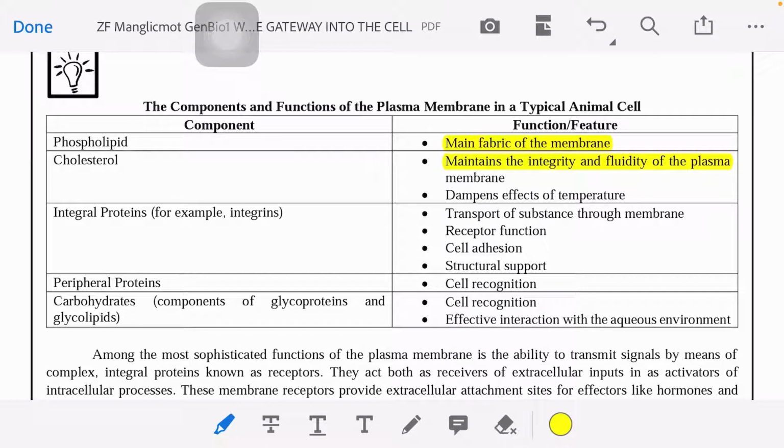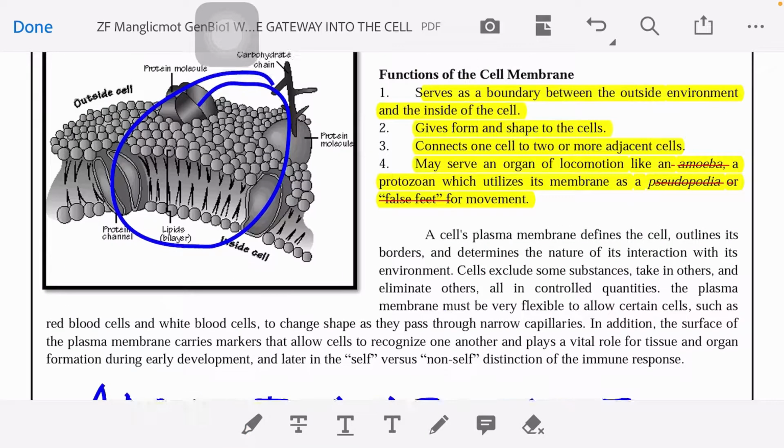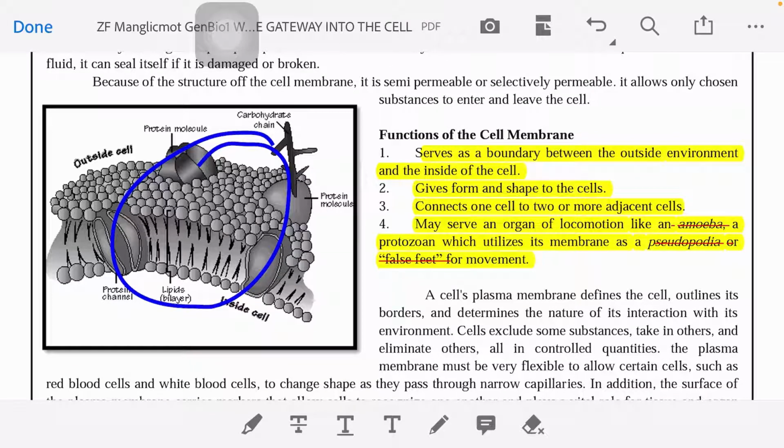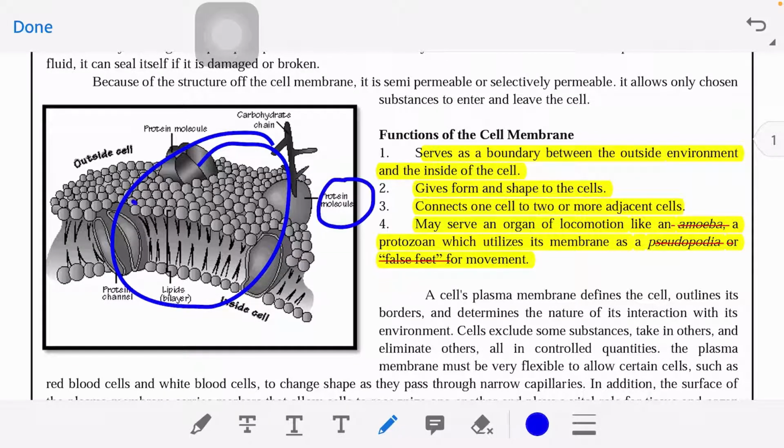Okay, integral proteins, for example, integrins. So, ang example niya ay integrins. So, para saan siya? It transports substances through the membrane. Kung papalikan natin yung part ng cell, kaya siya merong mga protein molecules